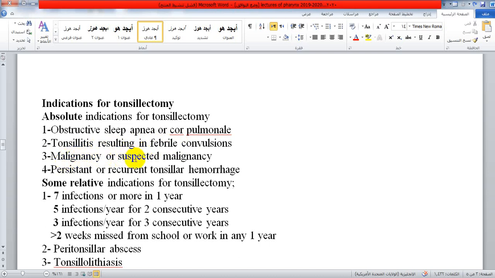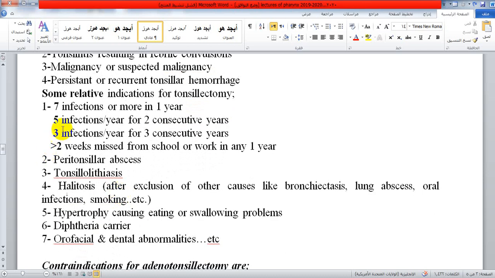or suspected malignancy; 4, persistent or recurrent tonsillar hemorrhage. Some relative indications for tonsillectomy: first, 7 infections or more in 1 year; 5 infections per year for 2 consecutive years; 3 infections per year for 3 consecutive years; more than 2 weeks missed from school or work in any 1 year;